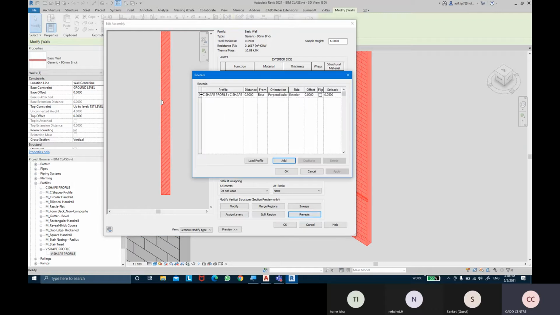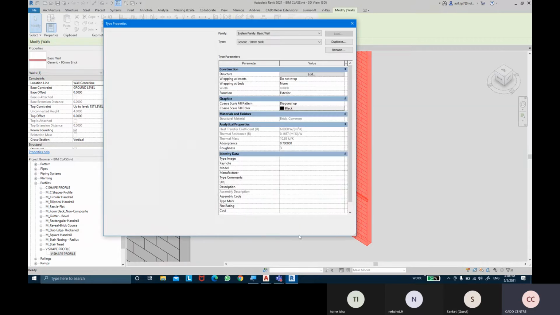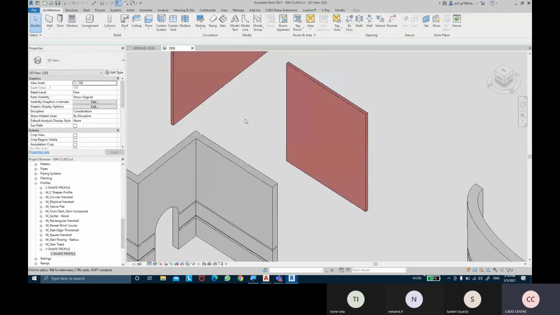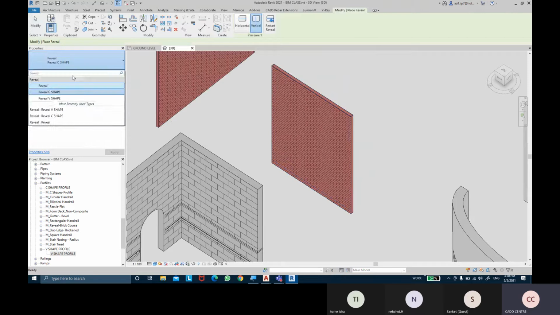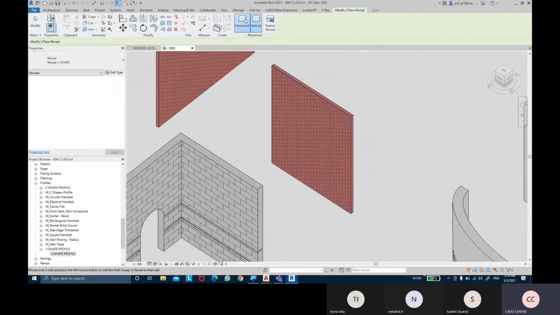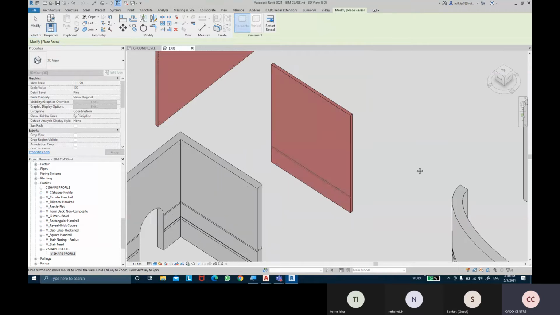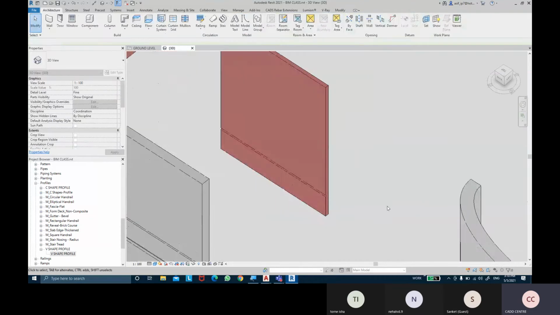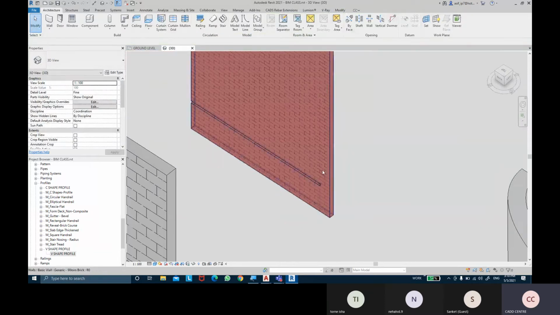So I'm gonna select it, press delete, click on OK. So now there are no reveals. No reveals on the 90 mm brick wall. Wherever I want, I can just take the reveal option, and then I can decide where I want it and on which wall I want it, not all of the walls. Then I can even select the reveals, and I can play around with the length and everything, and even on the returns on the ends, everything can be possible.